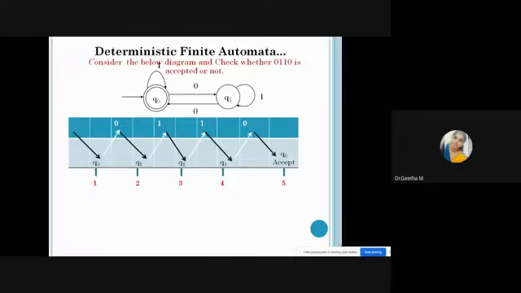Let's see the transition Q naught 0, where it has to move to Q1. So you will see the second operation. After receiving the first symbol, it will be in Q1. So that is the transition. You want to apply the transition: Q naught 0 is Q1. So you will be getting Q1. That is why the second operation starts from Q1. So now you are in Q1.